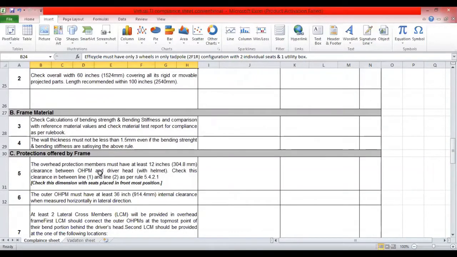Now after that, the overhead protection member. For that you have to go through your rule book, check that rule, and from there you can simply understand which view is good. And one more thing, you can take more than one snap for the same. You can paste one or two, however many are needed to reach the satisfaction level. You take that and show the dimension also in that. So that would be satisfactory.